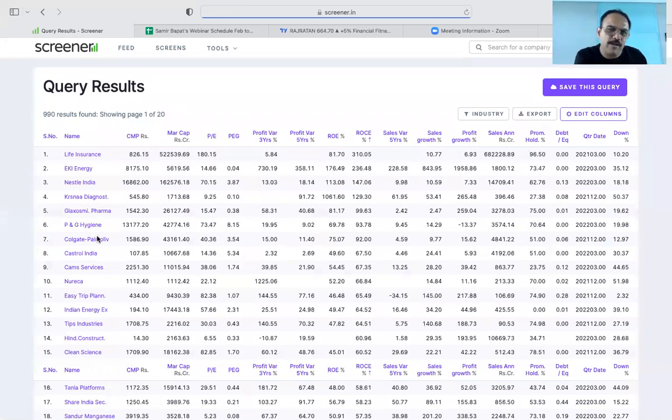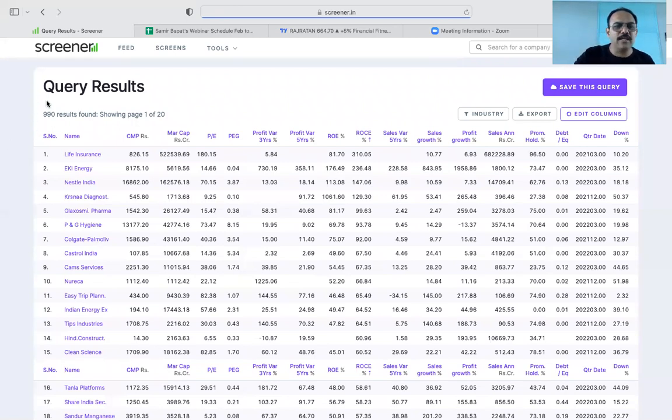We don't want to go into something. We are not miners, right? We are not owning mines. We are not going to dig for the mine and find gold. We want a simple life and we should be able to earn money easily. So market capitalization we are taking as 1,000.